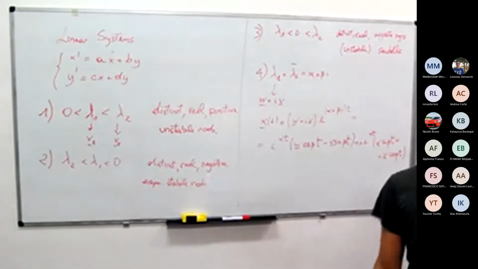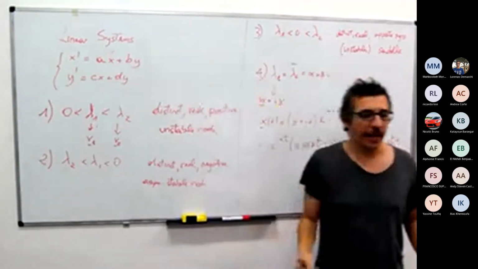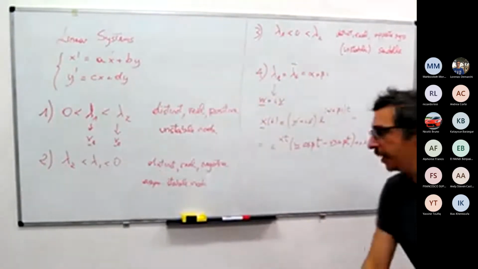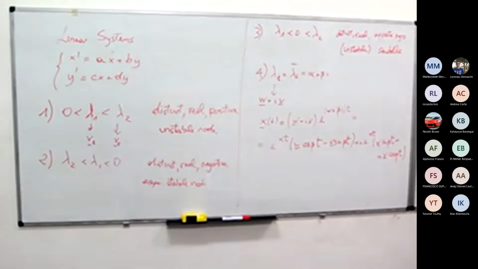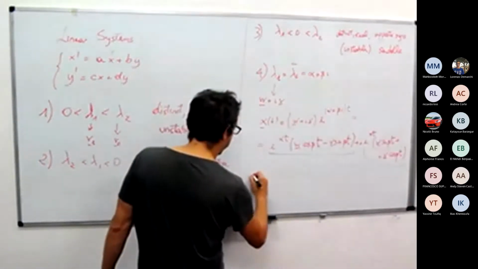Since this is a two-dimensional linear system, I can have at most two linearly independent solutions. This means that I can consider just this one as my first solution, and this other one as the second linearly independent solution. So I can write in total my solution as